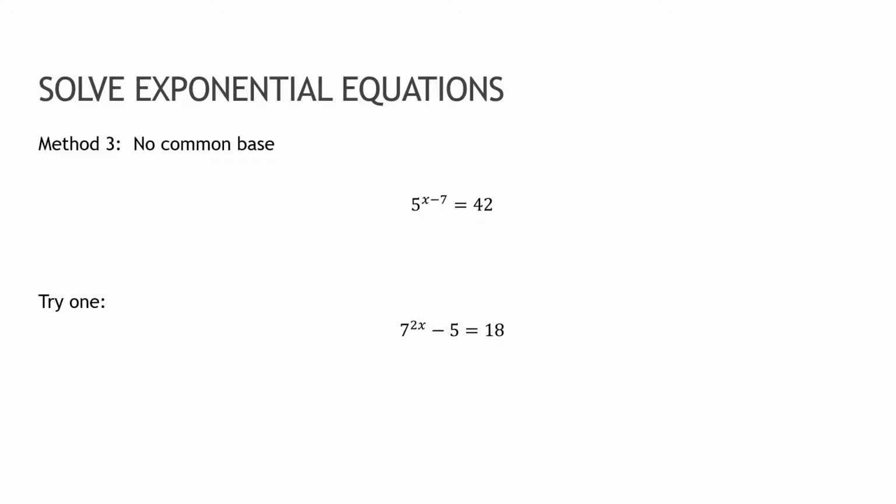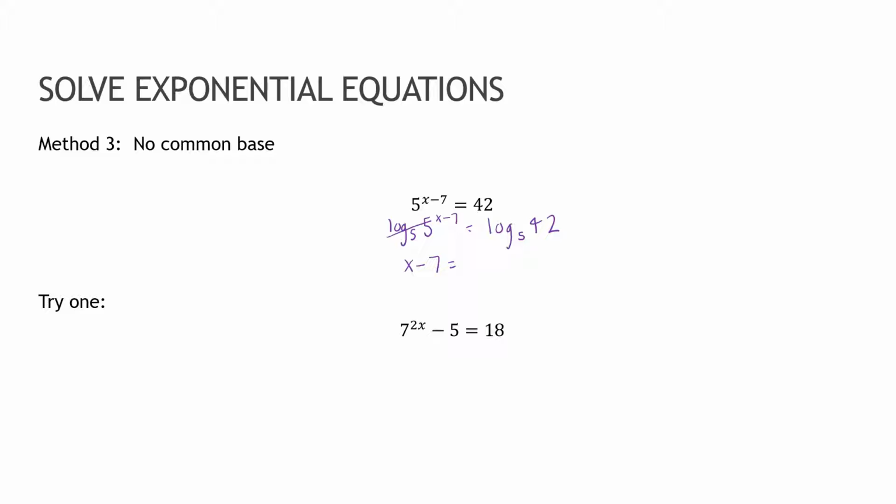So what I want to do is make sure that whatever term has the exponent on it is all by itself on one side of the equation. And whatever that base is, just like I did before, I'm going to take the log of that base to each side. So I'm going to take log base 5 of 5 to the x minus 7 and log base 5 of 42. Now log base 5 of 5 to the x minus 7 just gives me x minus 7,